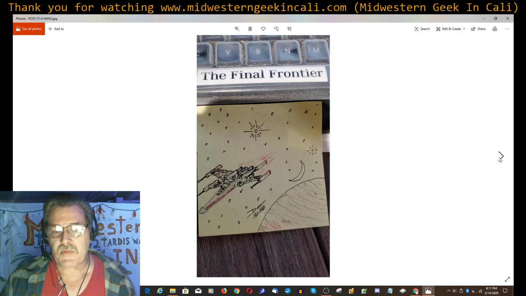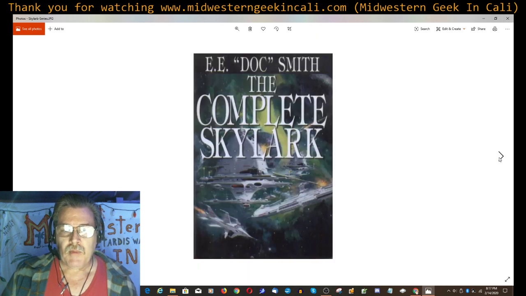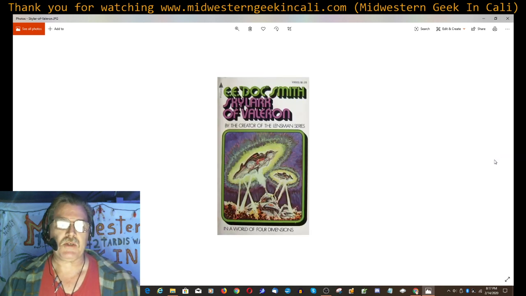Especially these little small things on post-it notes. Lets me kind of quiet my mind and focus on whatever I'm trying to think about. So, at any rate, I want to talk about Doc Smith and the complete Skylark series, and especially the Skylark